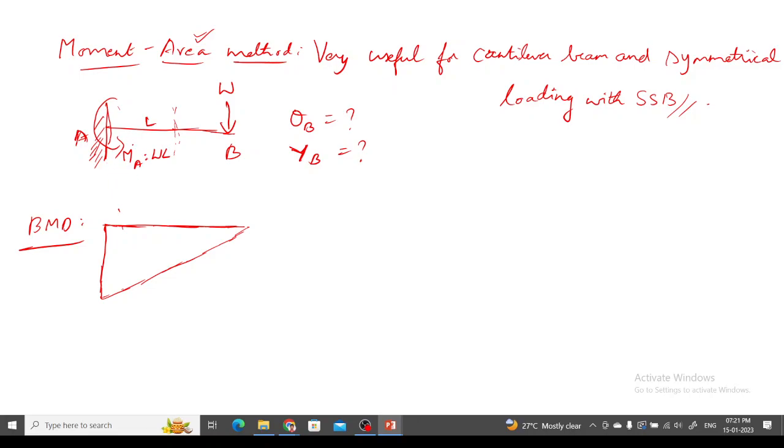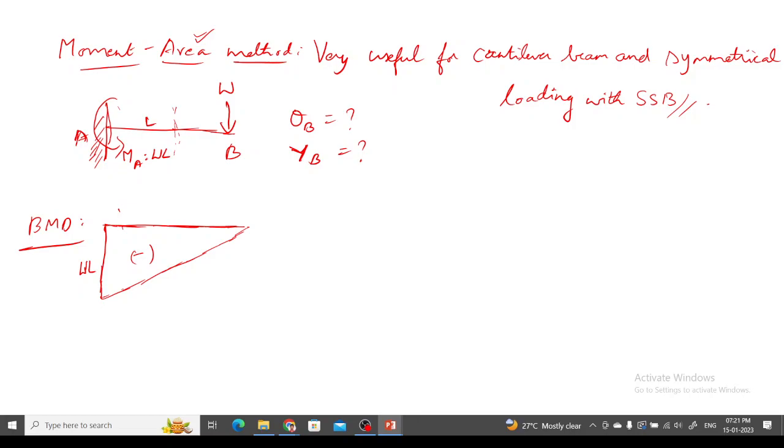It is anti-clockwise, right? Yes. So left anti-clockwise means it's negative. And here the reaction at point A will be vertical, and it will give positive,